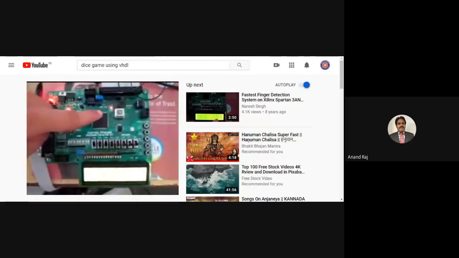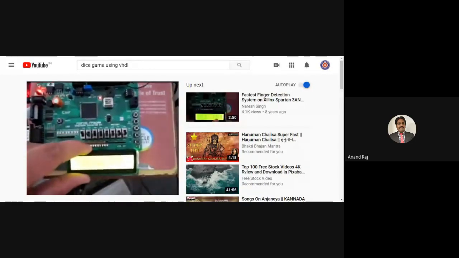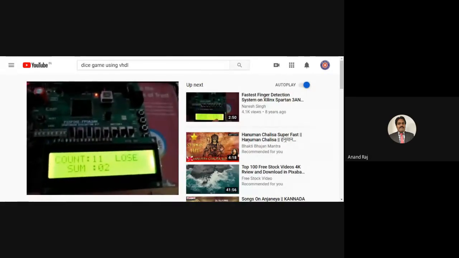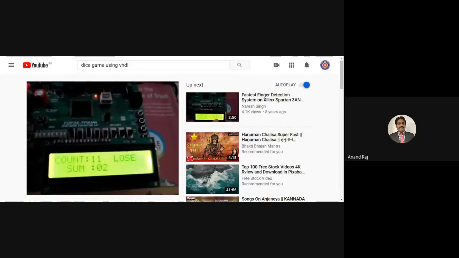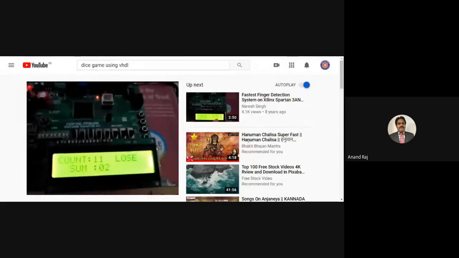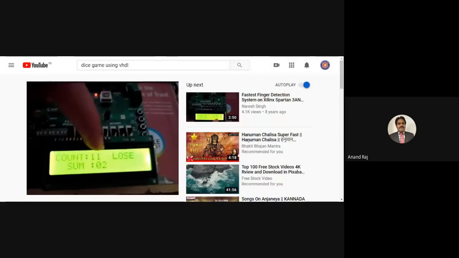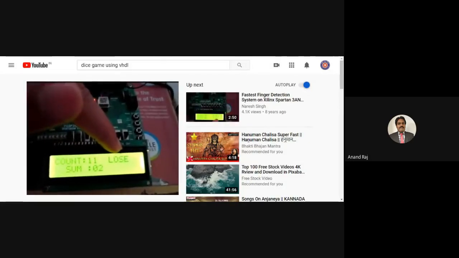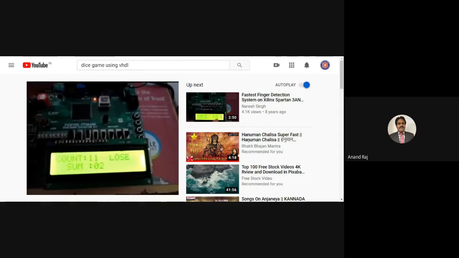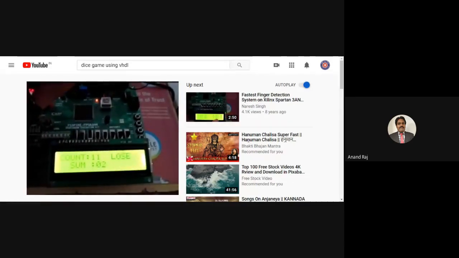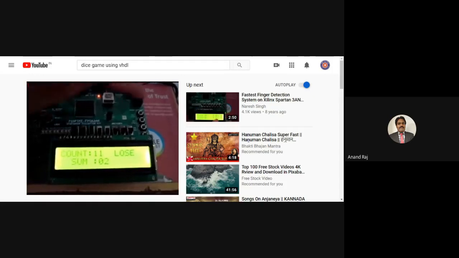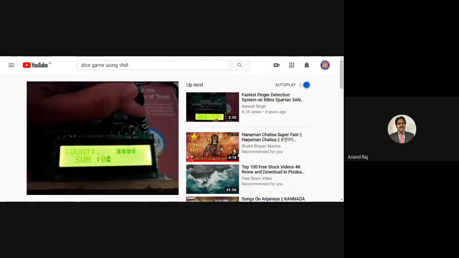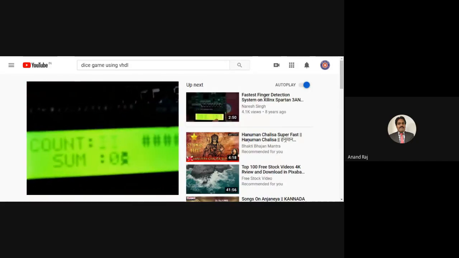This project has an FPGA device, an LCD screen, and a push switch only. On the LCD screen, in the first row the count is displaying, and in the second row the sum of the two digits, that is 1 plus 1, that is 2. And the current position is showing win or lose. In our system, I have made 4, 7, 10 for the win, and the remaining are for the lose. So I'm pressing a key from here. When we press the key, the counting runs at a very high speed, and I can't see.